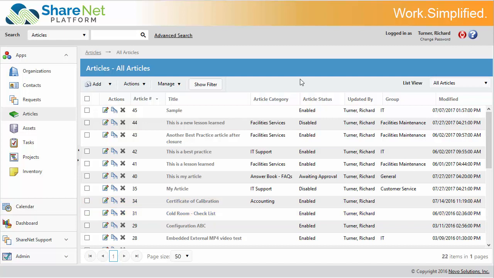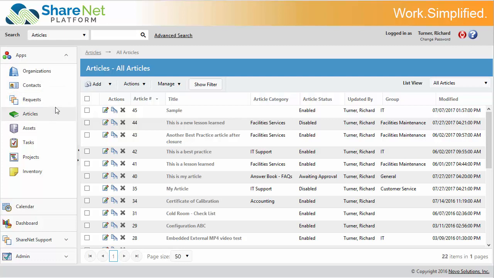In this video, we're going to take a look at the ShareNet Knowledge Base. So right now we're in the ShareNet site. Actually, there are other ShareNet applications turned on. In the case of just having the Novo Knowledge Base, it would be organizations and contacts that are built in by default, and then the articles area. Requests would be used for customer support, asset management, etc., but just the knowledge base would be articles,